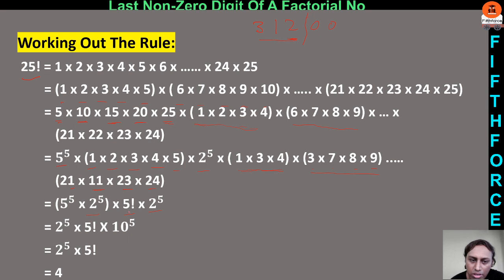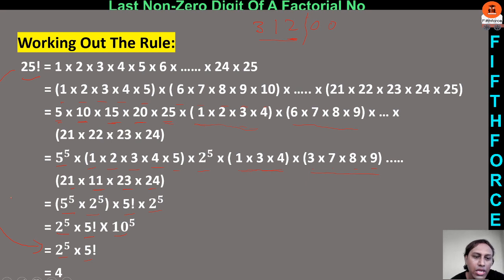Alright. So just a little rearrangement. Let's take this 2 power 5 first. Then factorial 5. And this 5 into 2 is 10. 10 power 5. Now I can discard these zeros. So the remaining number is 2 power 5 into 5 power 5. Guys, look at this now. This is the method I explained. But when you solve a problem, we'll directly come to this step, right?